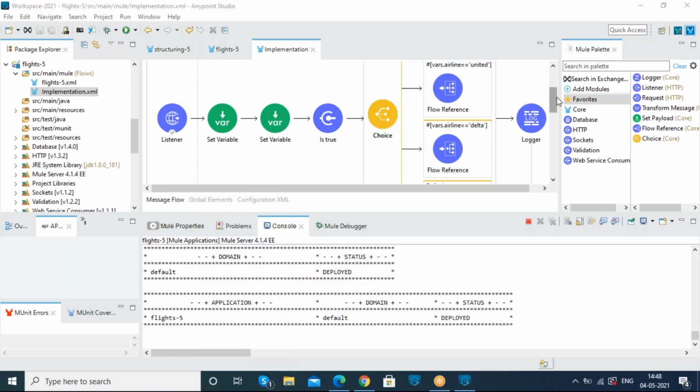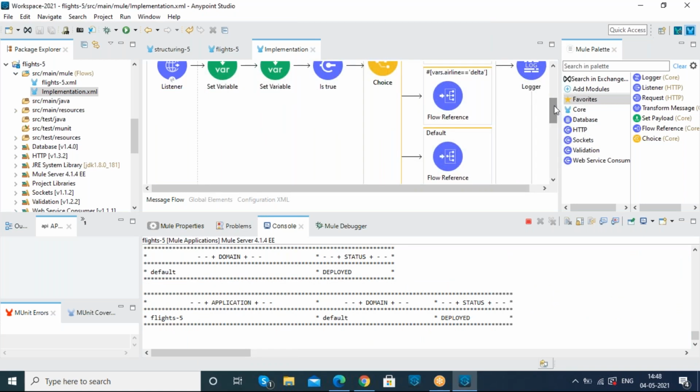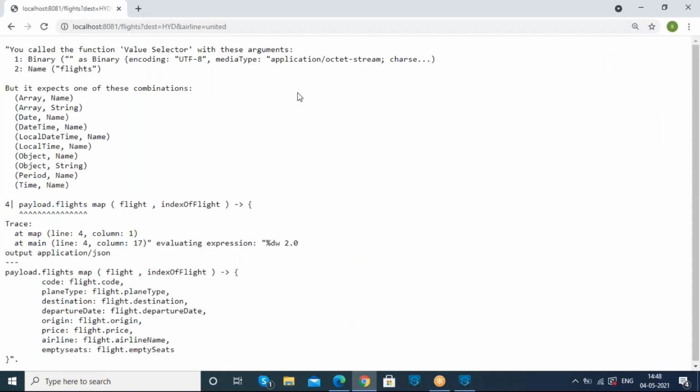Our project has been deployed, and we can move to the browser to check the response. If I request Hyderabad, see here: invalid destination Hyderabad.